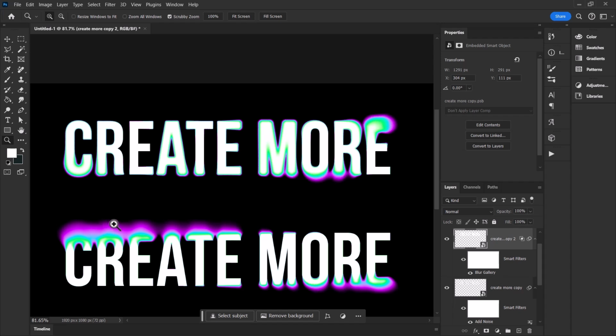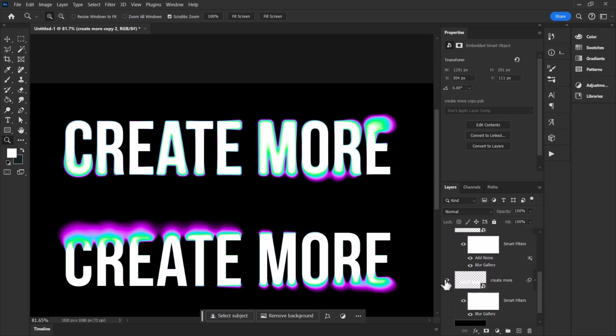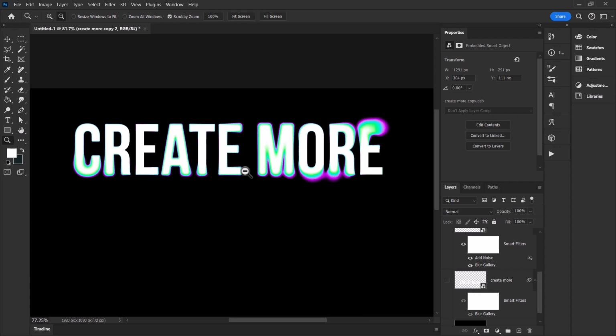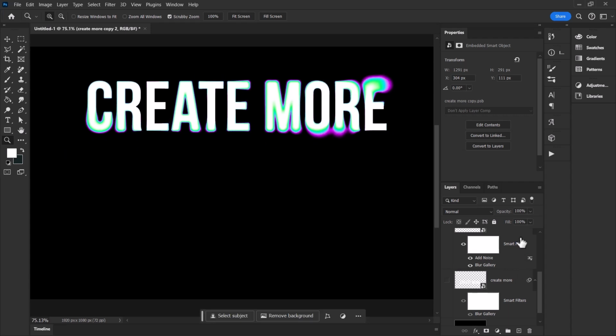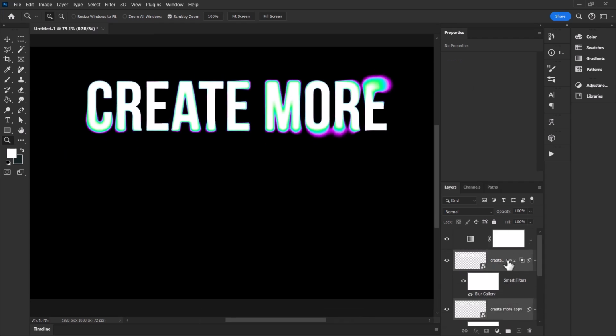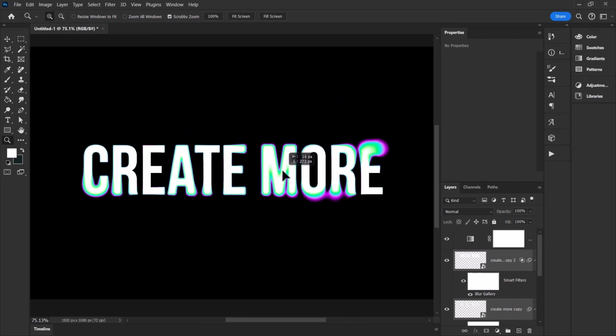For now, I'm actually going to remove this one so we can focus on one at a time, because there is one final step I like to do. So I'm going to grab these 2 I've created, one with the noise and the one for the white, pop it in the center. And what you can do is also add a nice texture over the top just to kind of finish off the effect. I drag my texture in